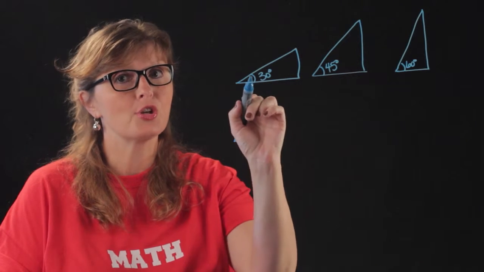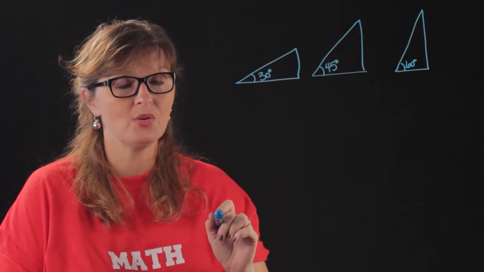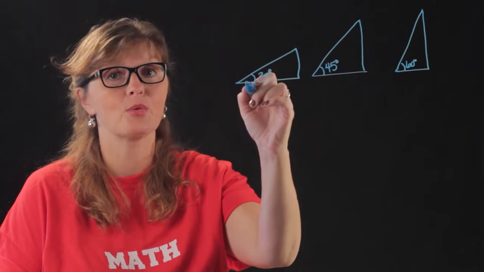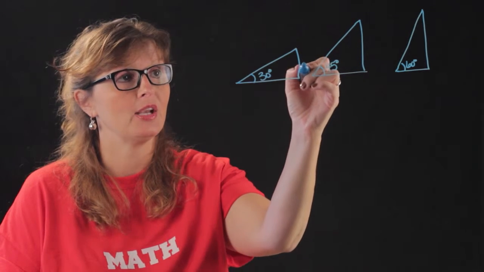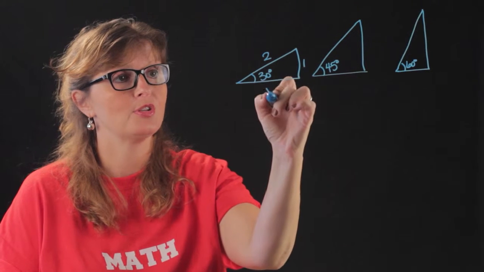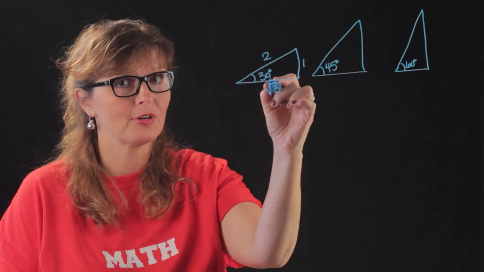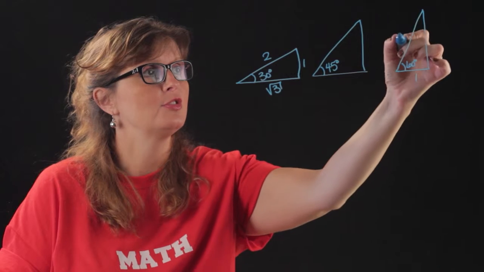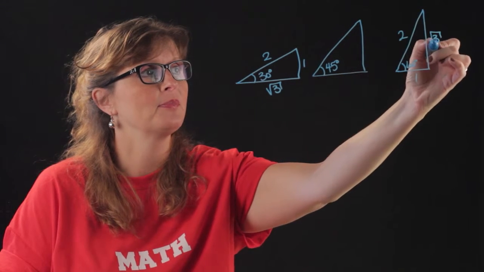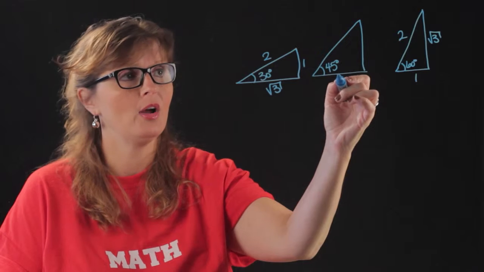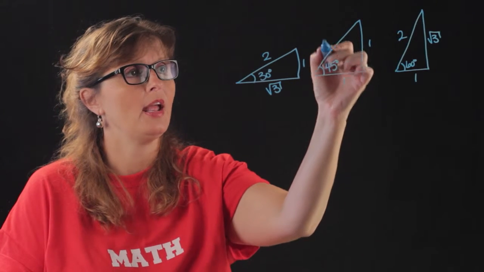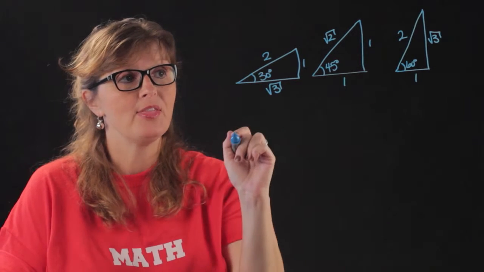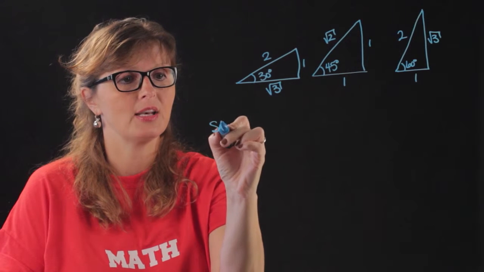And if you consider the triangles made out of each of these reference angles, you might remember that a 30, 60, 90 triangle has the ratios of 1, 2, square root of 3. And a 30-degree triangle, the same as a 60-degree right triangle, is 1, 2, and square root of 3. And a 45, 45, 90 triangle has the ratios of 1, 1, and square root of 2. So if you remember those, then we can go to the sine, cosine, and tangent